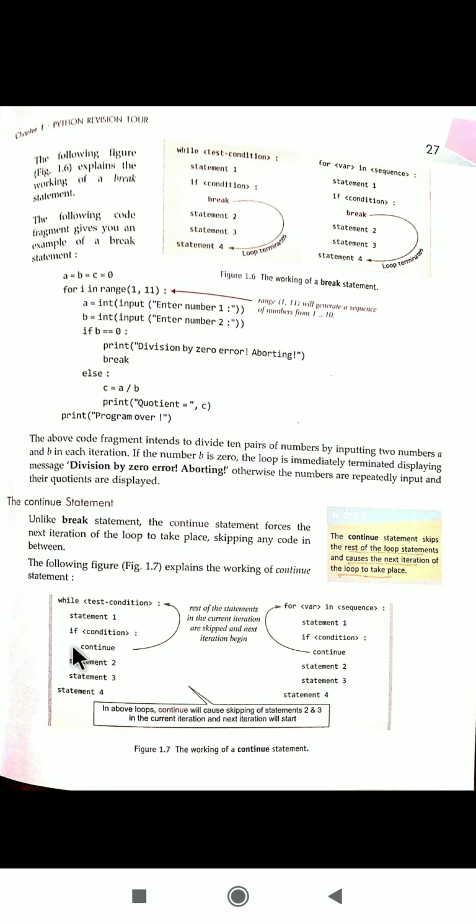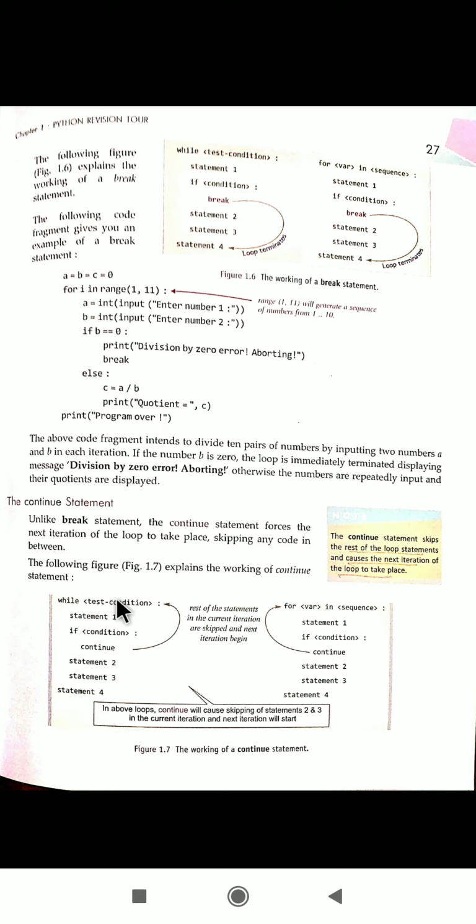See, with a similar case, if by chance the user has entered b as 0 and I write continue here, what it will do is take me back to this point, so that here I can give the user a chance to enter the value of b again. I can write a code here: please enter the value of b again as you have entered value 0. So continue will allow you to go to the beginning again.